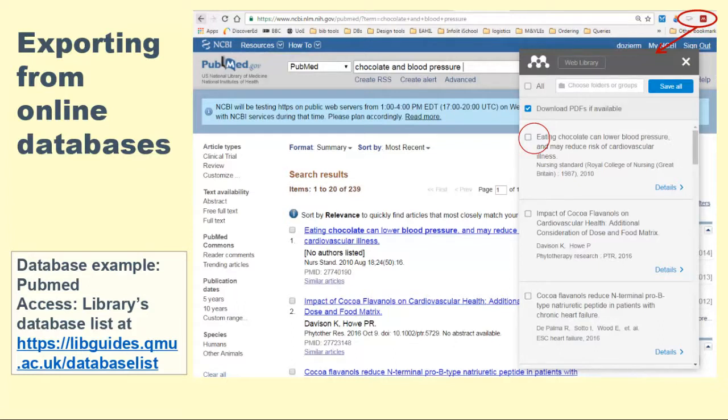Another option for exporting from online databases is using the web plugin. So I've mentioned how you install the web plugin. You do that by downloading the software from the Mendeley website. If you are then on, for example, this is PubMed,